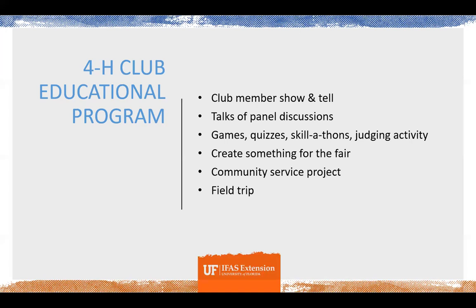If you think of doing a 4-H demonstration or illustrated talk, like a show and tell, club members will jump right on it. For example, in a shooting sports club, ask a youth to show how to clean a gun after each practice. In a livestock club, ask a member to tell about their project's breed. These are easy and require little preparation, but be sure to ask your youth well in advance of when you want them to present. Plan your educational programs with your club officers and members. It's important that they learn about things that are interesting to them.